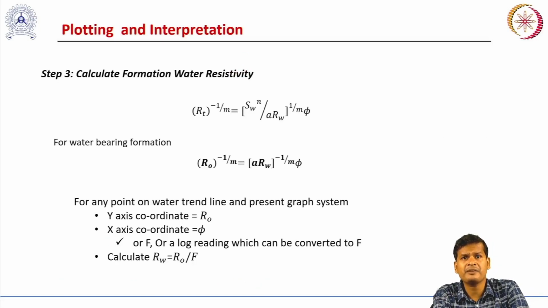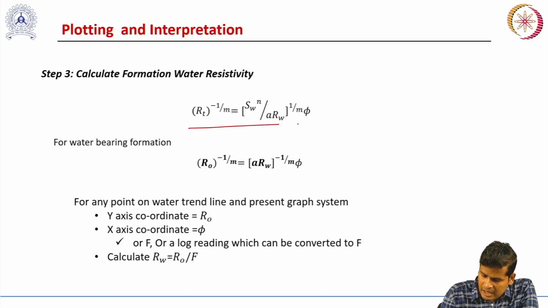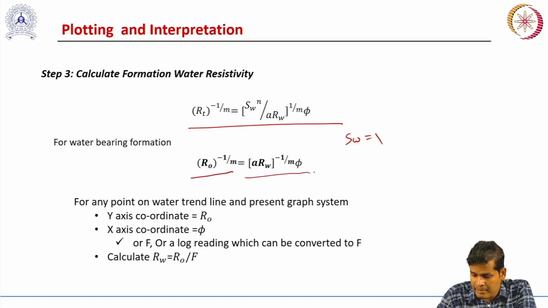Now the next step is to calculate the formation water resistivity. This is our equation for Sw equal to 1, or in case of a water bearing formation, this equation will become Ro raised to power minus 1 by m equal to a into Rw raised to power minus 1 by m into porosity. So this is nothing but now becoming a graph between what? The water trend line. It is a graph between Ro raised to power minus 1 by m and porosity